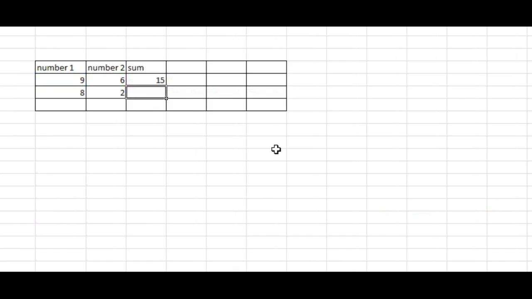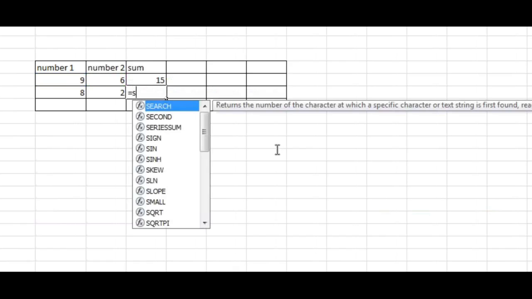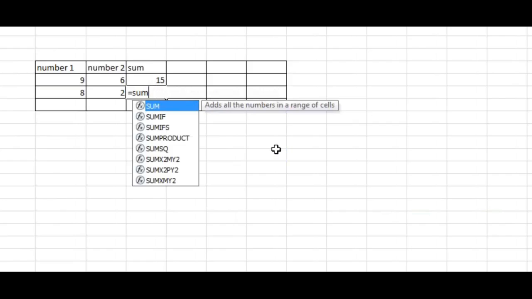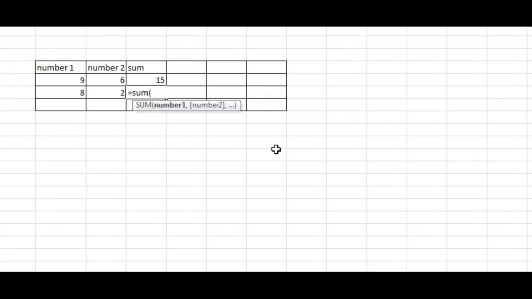Press enter. Okay, how did I do it? Equal to sum, comma number 2.